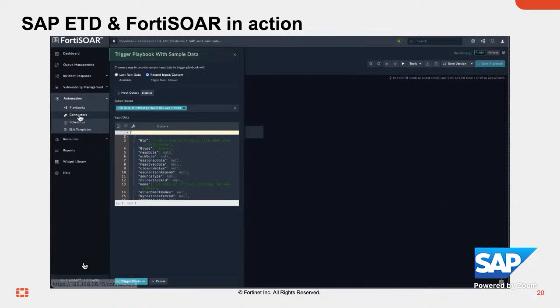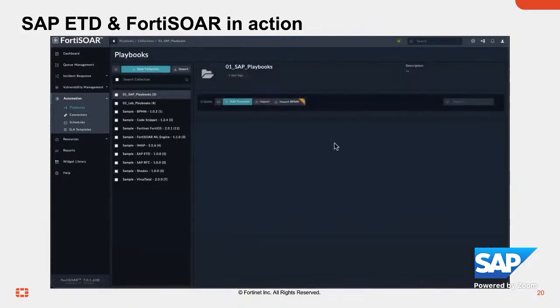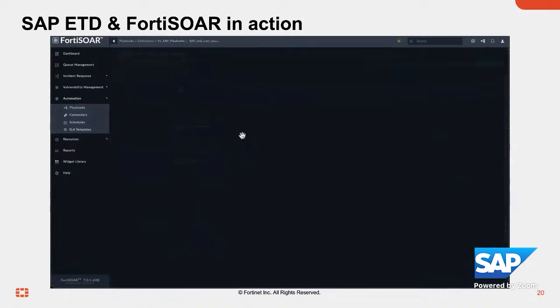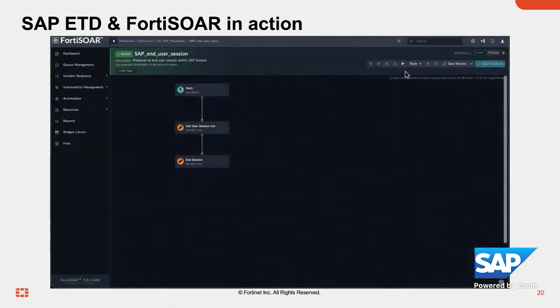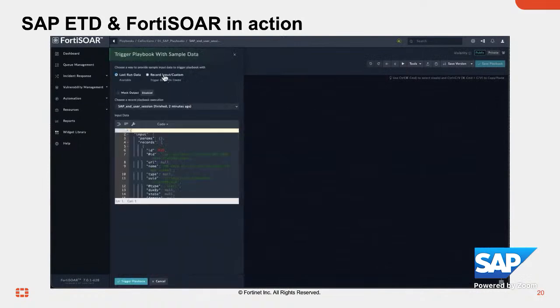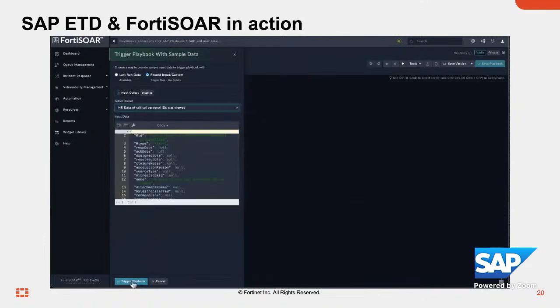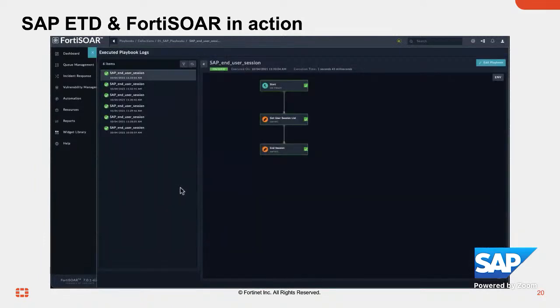So what we now need to do, we set the first stage, just a reminder. Next stage, what we want to do is, okay, we need to stop that attack. We need to immediately stop what the attacker is trying to do. And for that, I've prepared a second playbook, which basically will do nothing else than just end the user session. Just lock that user out from his active session. For that, we get the session information, select just that certain session from that certain terminal, and kick that user out of the SAP system. You can see, quickly done.